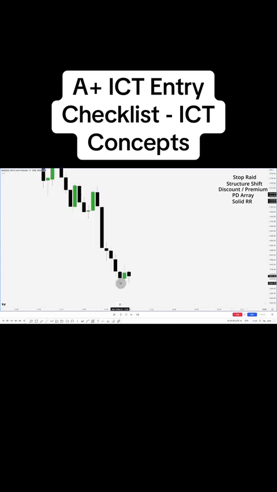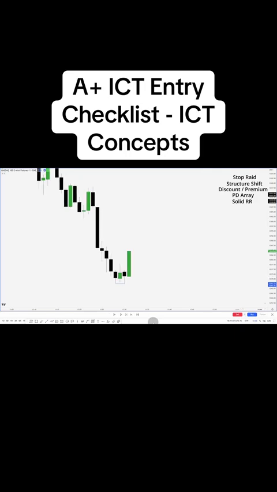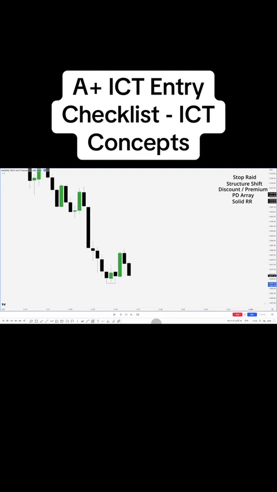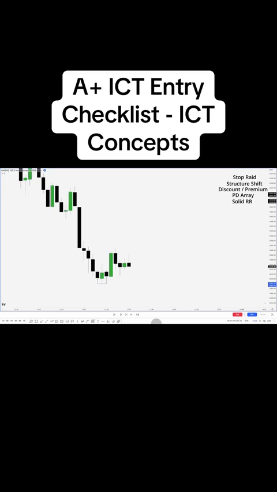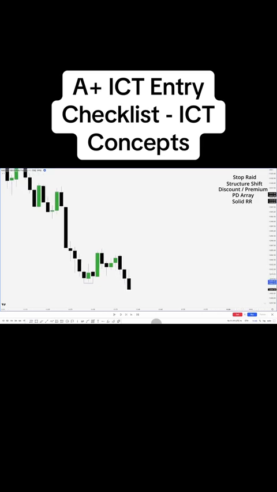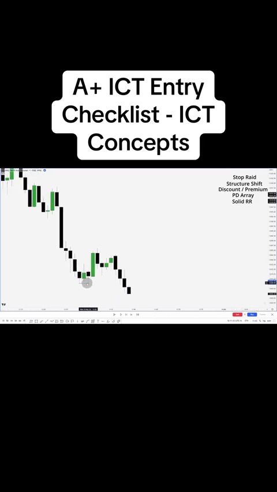If you notice, we did go a tick below this low, but I do not count that personally. But what happens? We get displacement up. Does this meet my criteria? No. I prefer to have a stop raid prior to the displacement. So I am not counting this as a displacement move up. See, price tends to be supporting there, then it drops lower. So marking out this low now,